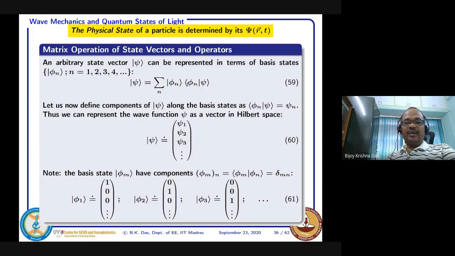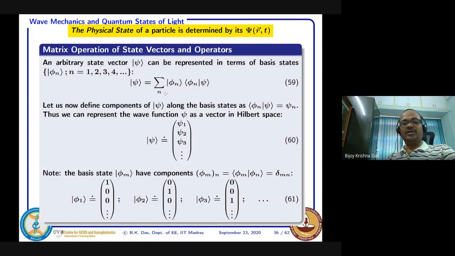So once you find the projection in each direction, you have this one. This is a vector, right? Phi n is the vector. And when I am considering phi n as a basis vector, that means for each direction, phi 1, phi 2, phi 3, their norm, their length is 1 unit, but it gives you a different direction. So if you know the components along each direction, and you multiply with the unit basis vector, then you can express psi in terms of basis vector phi n.